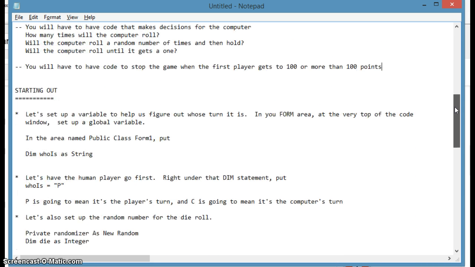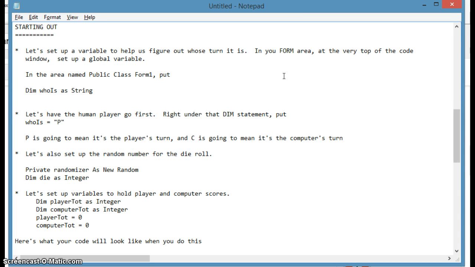The easiest thing to do when we start out is to go to the very top of the code window where you have something like public class Form1, assuming that you did not rename your form. At the very top of that code window, and remember, I think in the last lecture I said anything that is dimmed or declared, any variable that's set up there is called global, meaning any button, any label, anything can reference it. If we dim or declare a variable, say behind a button, only the code in that button can access it, and that's a local variable, and that is good,